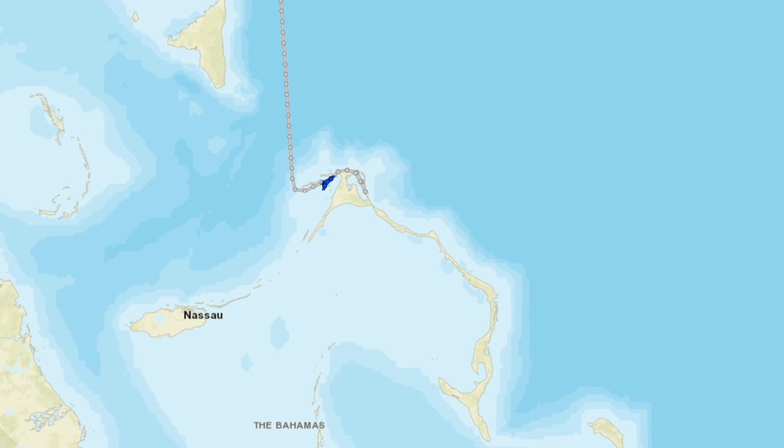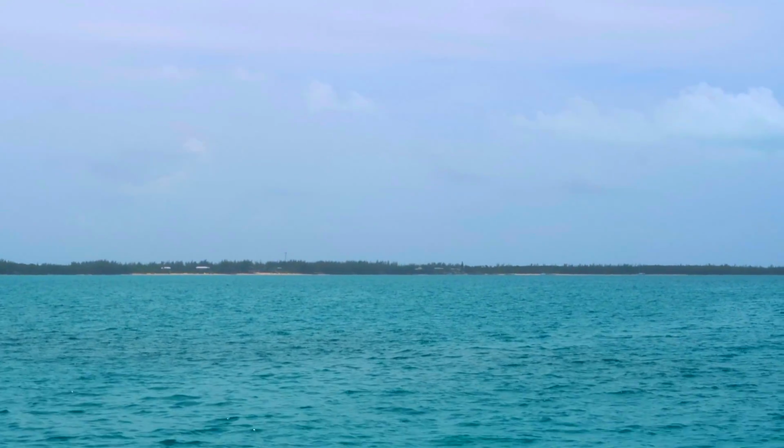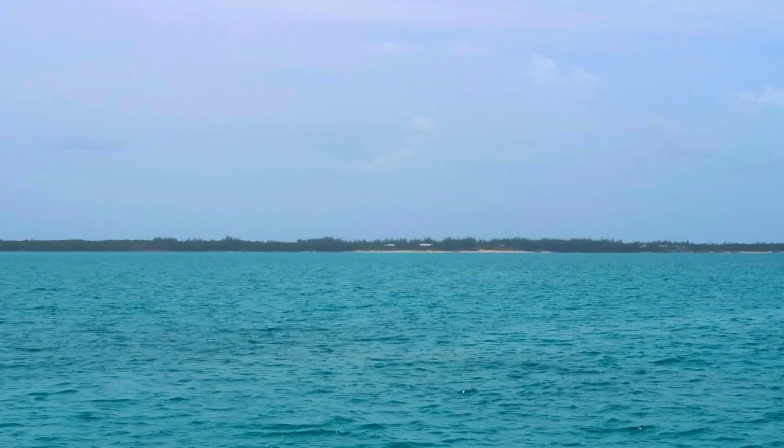We're getting ready to head through Channel Cut, which is one of the ones that people seem apprehensive about. As of right now, we can't see the cut. It's over there somewhere. It's about 300 feet wide, so it's small enough from this angle to where we can't see it. People say to do this at slack tide, but slack tide's